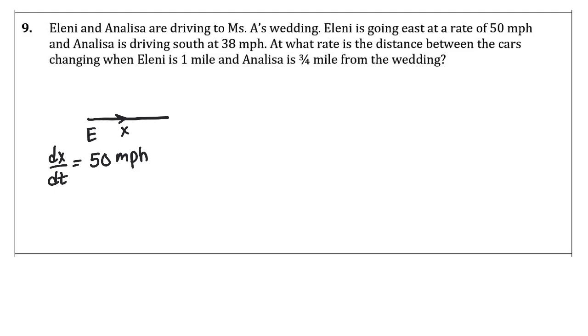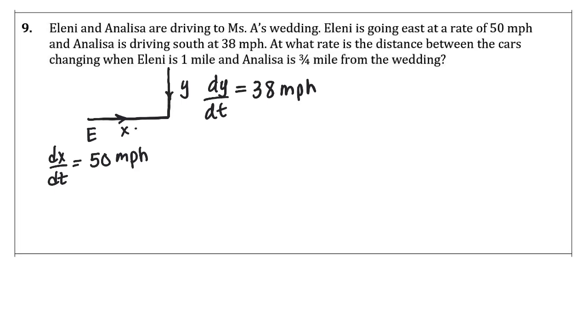And then we have a Miss A, and she is driving south toward the wedding. We're going to call this y, so dy/dt, and she's driving 38 miles per hour. At what rate is the distance between the two cars changing when Miss E is